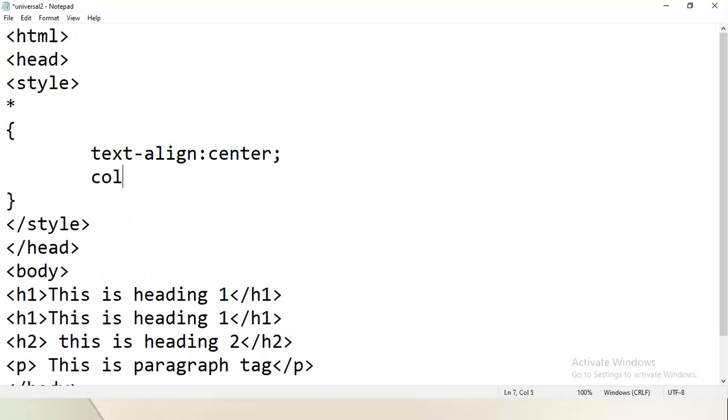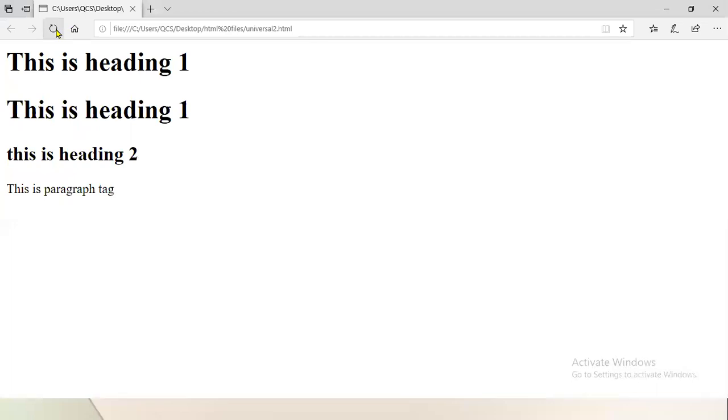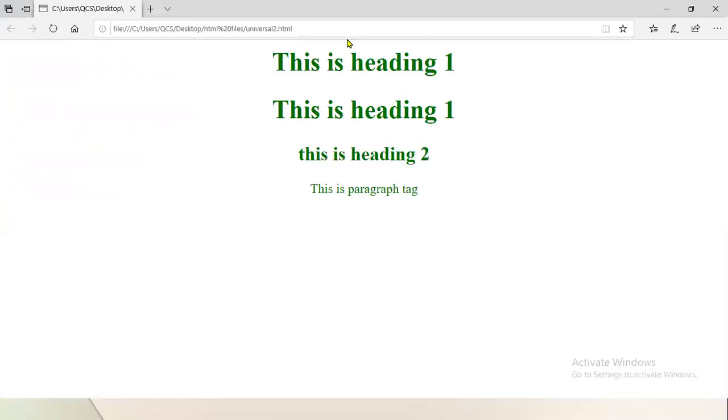Then I want the color to be green. Let's run the program. I'm refreshing it. You can see the properties which I have applied under the universal selector have been applied to all the tags present on our page, whether we have the h1 tag, the h2 tag, or the p tag.